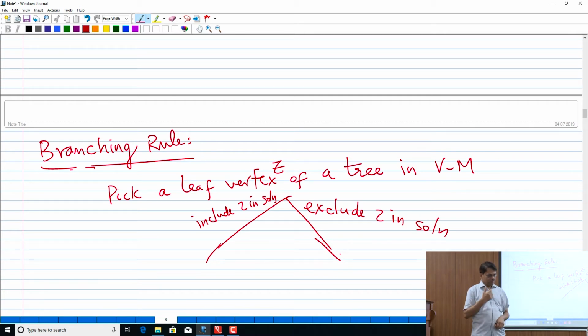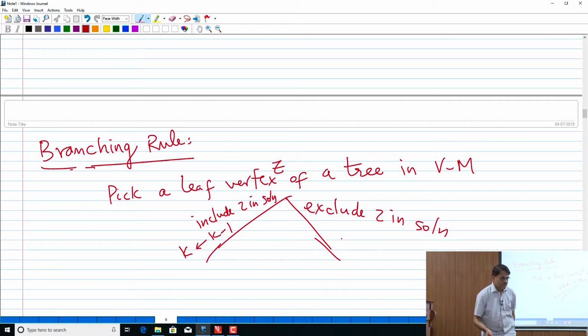Let's see. So far we have done only polynomial time, right? Because we have just said degree 0, degree 1, degree 2. We didn't do any branching. And if you have a vertex which is adjacent to exactly two neighbors, include it in the solution and drop k. These are all polynomial computations. Now I am doing a branching here. So what happens to k when I include Z in the solution? k minus 1, because I picked one vertex in the solution. In this branch,